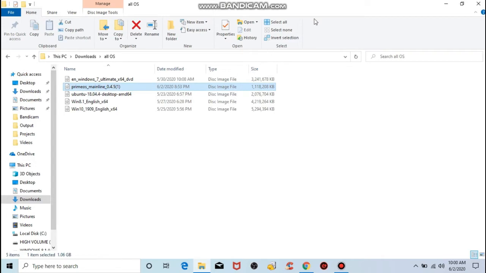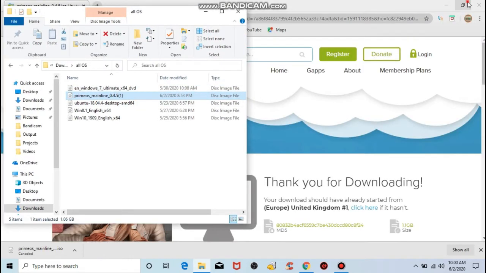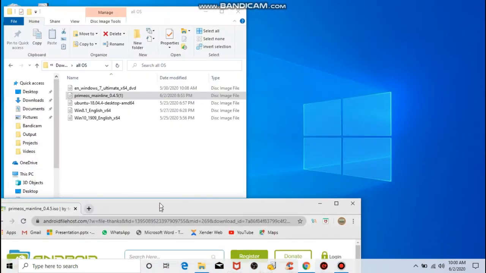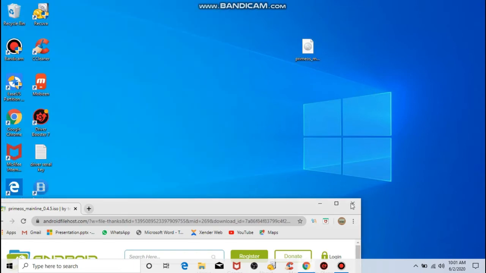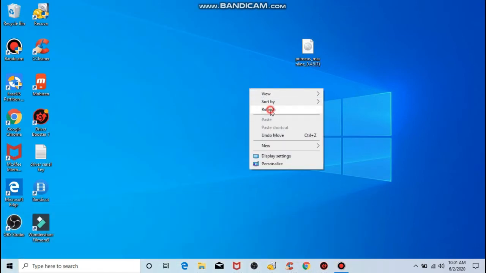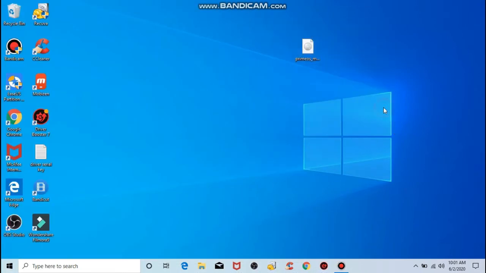Then the next step is to boot your Prime OS. I'm copying it here, then refresh it. Then after that, I'm going to make a bootable pen drive of Prime OS.